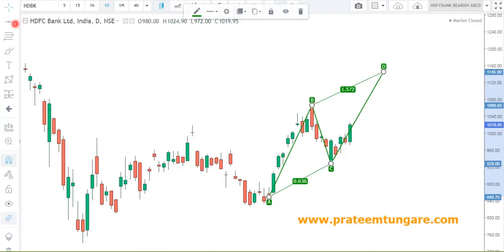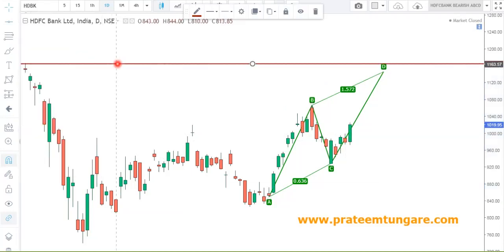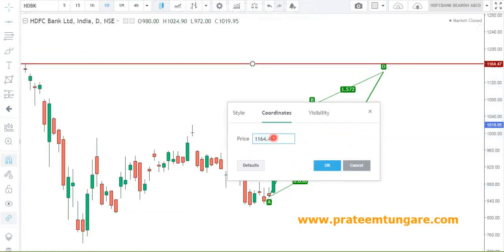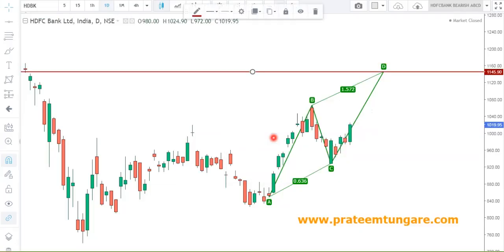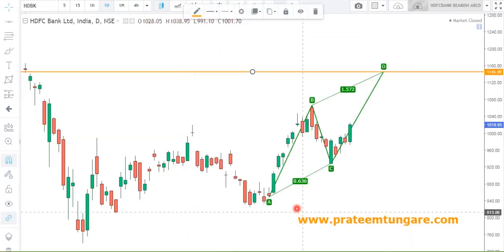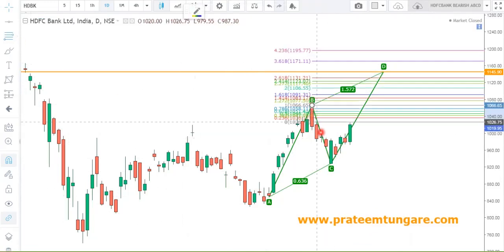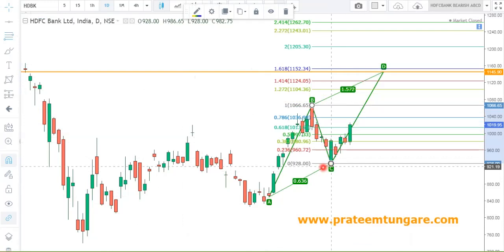We will put a horizontal line for our D point. Now, to find out the next PRZ, what we need to do? We need to draw a FIBO from B to C. When we draw a FIBO from B to C, we get these FIBO ratios.